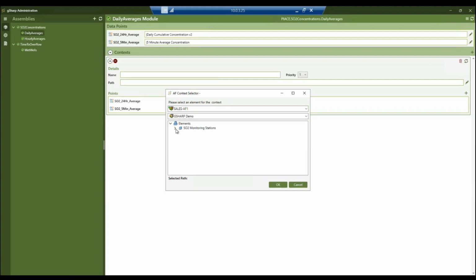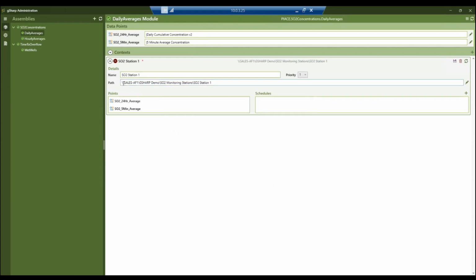And so in this instance, I want to start with station 1. So I'll select station 1. Notice that that brings in that full AF path, and it also applies a name being the name of the element. You can change that if you wish without affecting the mapping to the context itself. We have our points, the SO2 24-hour average and the SO2 5-minute average.